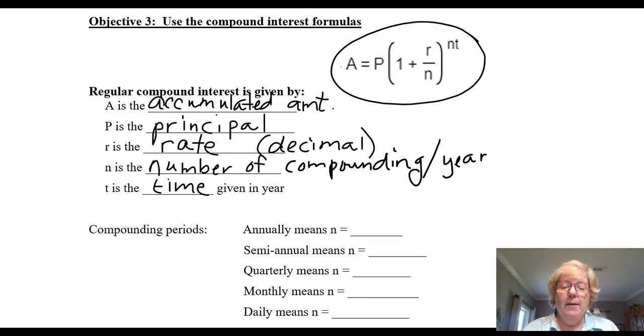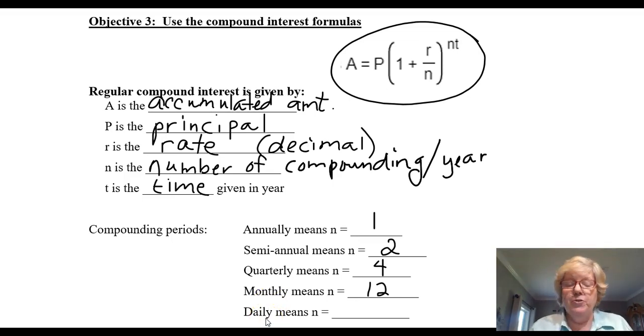Now, when it comes to compounding period, here are some of the most common ones. You will hear the word like annual or APR, annual percentage rate. Annual means once a year, so you will let N equal 1. Next, you will hear semi-annual or biannual. That means your interest is compounded twice a year. Quarterly. There are 4 quarters in a dollar, and there are 4 quarters in a calendar year, so N equals 4. Monthly compounded interest means you compound it 12 times a year,